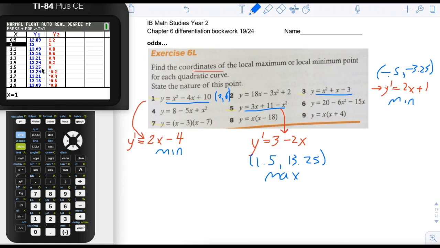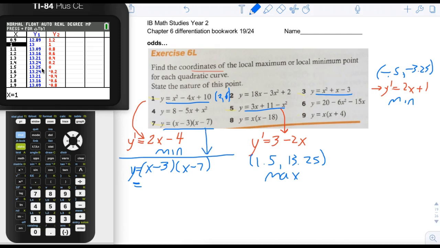Okay? Let's look at number 7. So number 7 is that one there. Now, if we wanted to find the derivative of x minus 3 times x minus 7, the first thing I'm going to do, I'm just going to rewrite it. I'm not doing the red function yet. I'm only rewriting the blue function in a different way. I can't take the derivative of two things multiplied together in math studies because I've never done that kind of derivative. So what I'm going to do is,